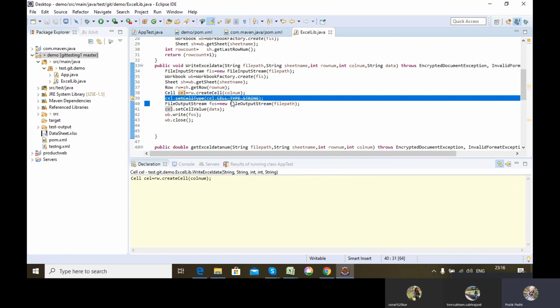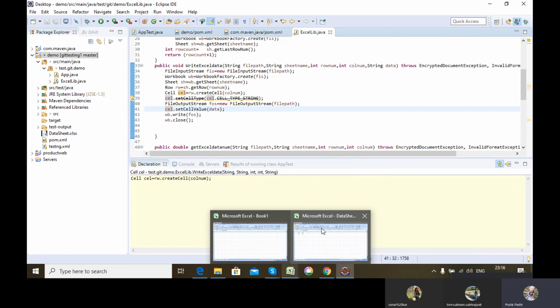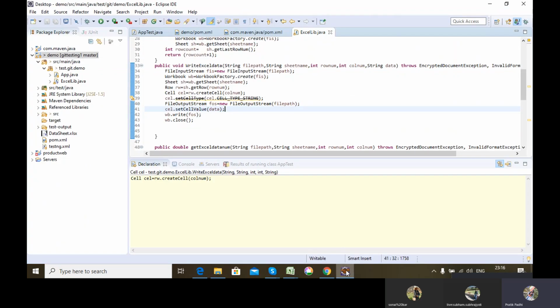Then I have to set the type of the cell, like say I am going to store a string value in that cell or I am going to store a numeric value in that cell. That I have to set so that I can store the value.